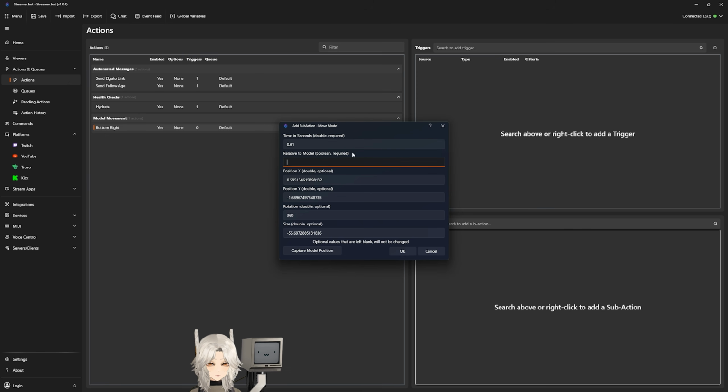And then the relative to model section is asking you if you want it to be additive or if you want it to be the same location every single time. Relative to model would just add it every single time. So if you had position X as 1, for example, anytime that you press this hotkey, it would move you forward by 1, if that makes sense. Whereas if you set it to not relative, it would always send you to position 1 and it wouldn't ever increase. Hopefully that makes sense. That being said, we don't want this to be relative, so I'm going to set this to false and hit